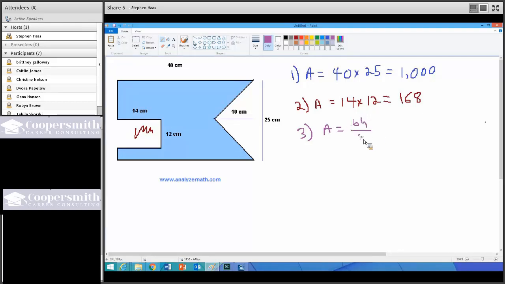What's the base of the triangle? Sideways, but you can still look at it that way. Okay, good. The base is 25. What's the height of the triangle? 10. Okay, divided by 2. So 25 times 10 is 250, divided by 2 equals 125. So our entire blue region is 1,000 minus 168